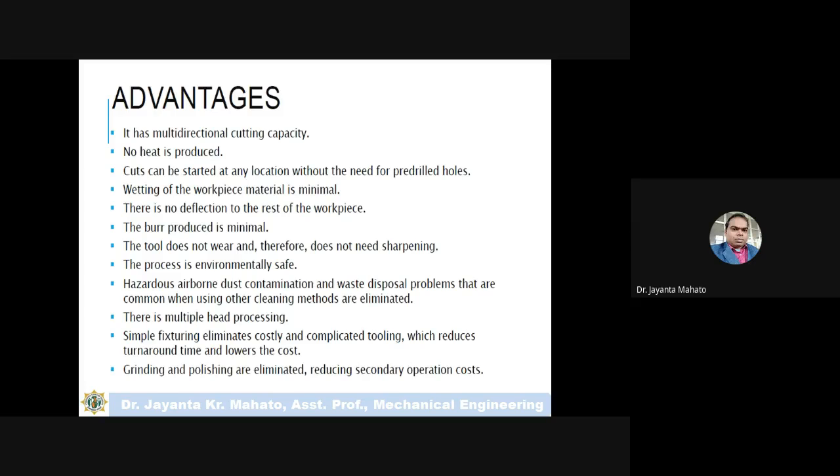Working stress on the workpiece material is minimal. There is no deflection of the rest of the workpiece. The burr produced is minimal. The tool does not get dull and therefore does not need sharpening. Tool wear out नहीं होगी, क्योंकि डायरेक्ट कॉन्टैक्ट नहीं है टूल बिटवीन द वर्कपीस. Wear out होने का चांसेस नहीं है, sharpening करने की जरूरत नहीं है, बट जो नोजल है,